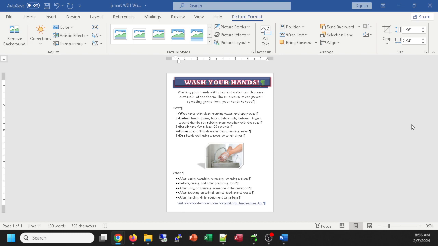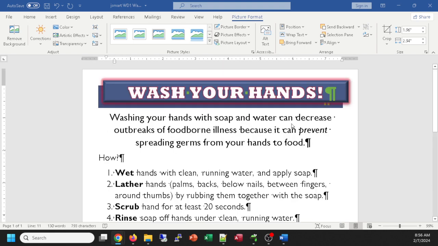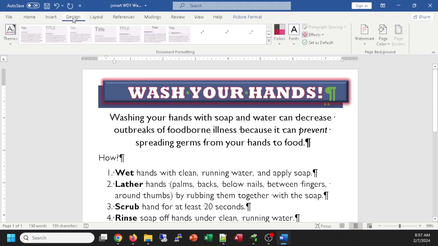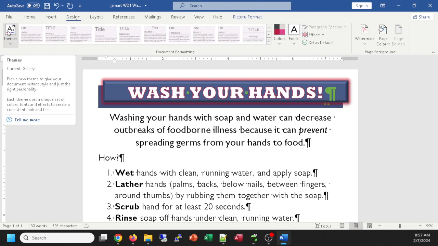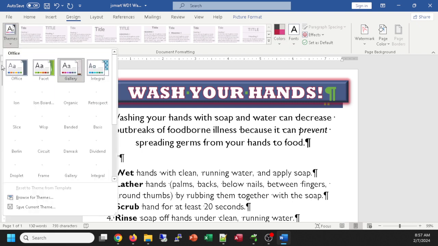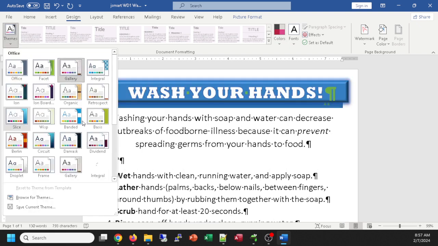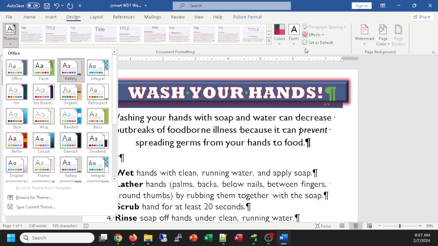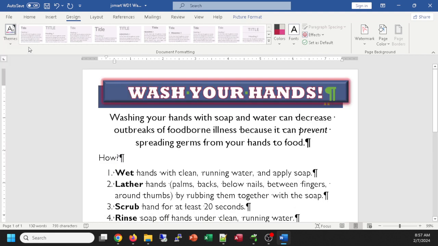Washing our hands, purple colors, washing hands, that's decent. But is there a better color theme that makes me think clean and pure? And this is where I can go to my design ribbon. I could choose a whole new theme, or I could just say I like the font, but let's just adjust our color in my theme. So themes come with a built-in color table to go with that theme. But if I don't want to mess with font and paragraph style, but only adjust the colors, I come here